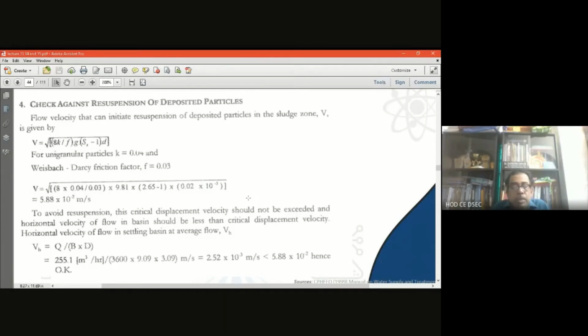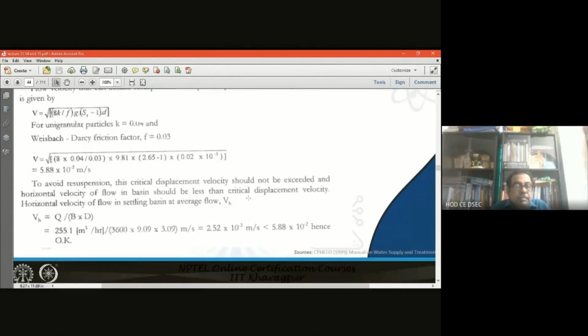Now the horizontal velocity is Q by Vd. Q you know, V you know, D you know. So horizontal velocity, again I am telling you what is horizontal velocity. You have to consider the perpendicular plane of horizontal velocity, that means the breadth into depth. I have always told you that corresponding to the velocity you have to take the perpendicular plane. Here the perpendicular plane area is B into D.